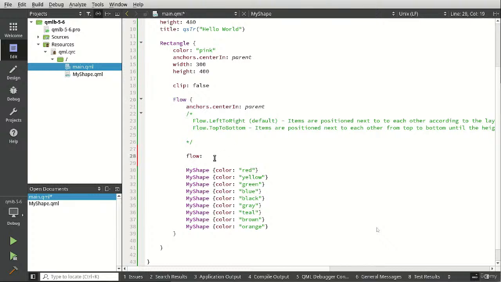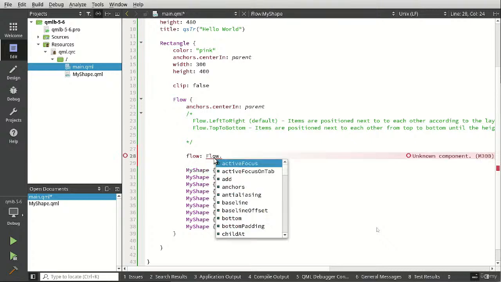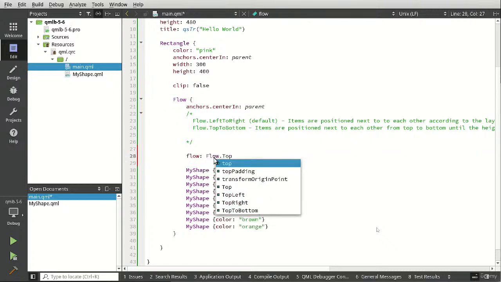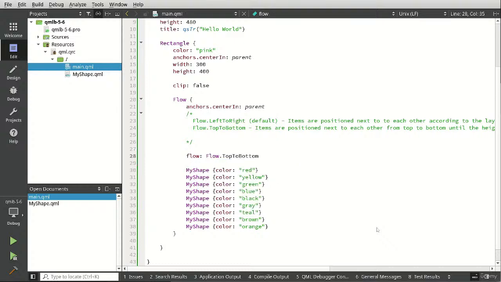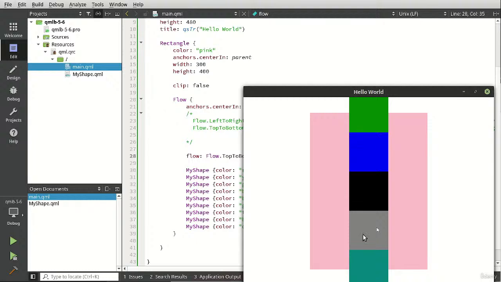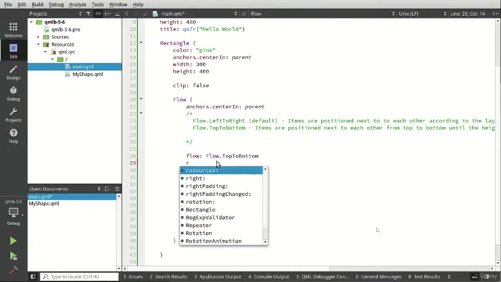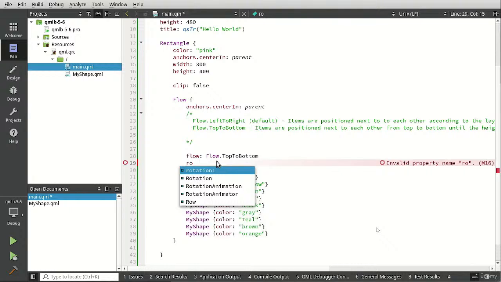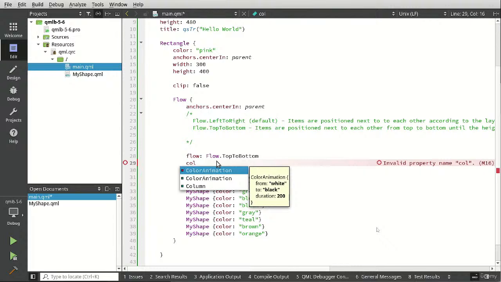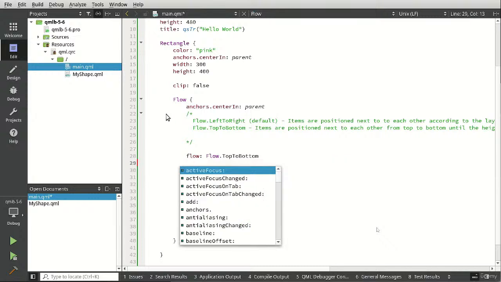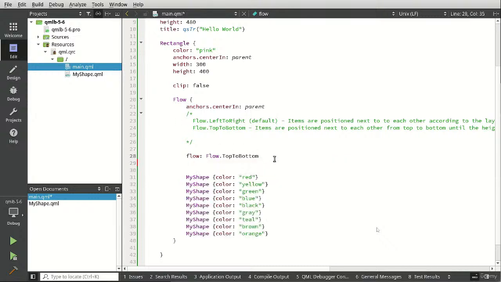I wish they had done it a little different, but so we're going to set the flow, and we're going to set this top to bottom. Notice how it goes top to bottom. So flow can dynamically go from a row to a column and a column to a row. It's actually pretty neat the way that works. But you notice if you look for a row or columns, it's not in there. So what does that really mean? It means that you get to choose one or the other, but not both. And you can't do like a grid where you can say, I want so many in this specific pattern. So really get to choose from top to bottom or